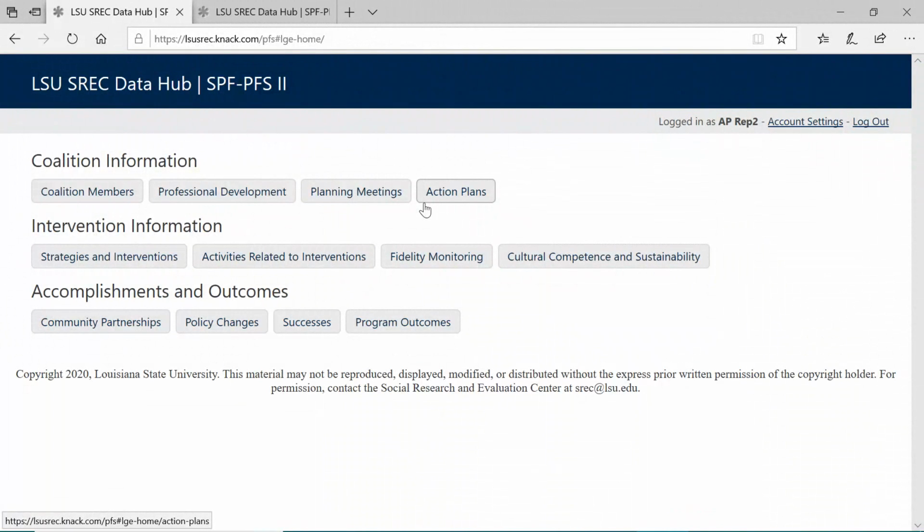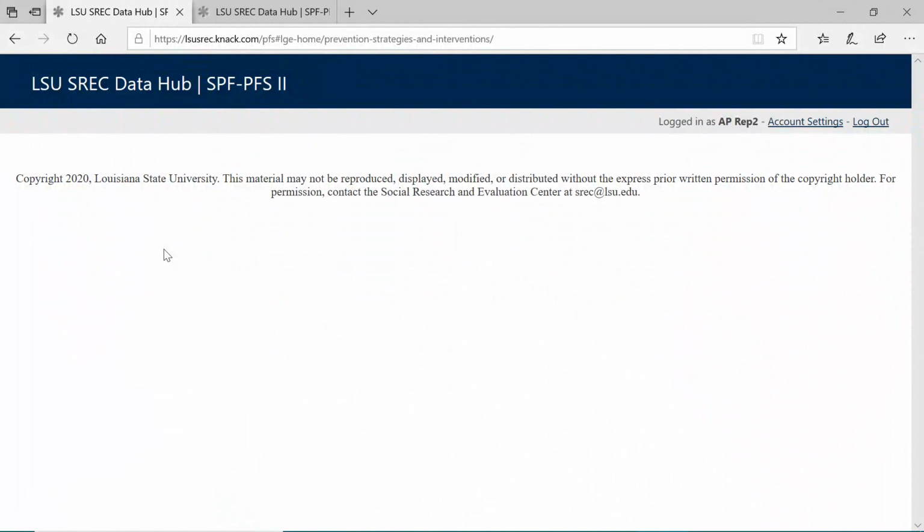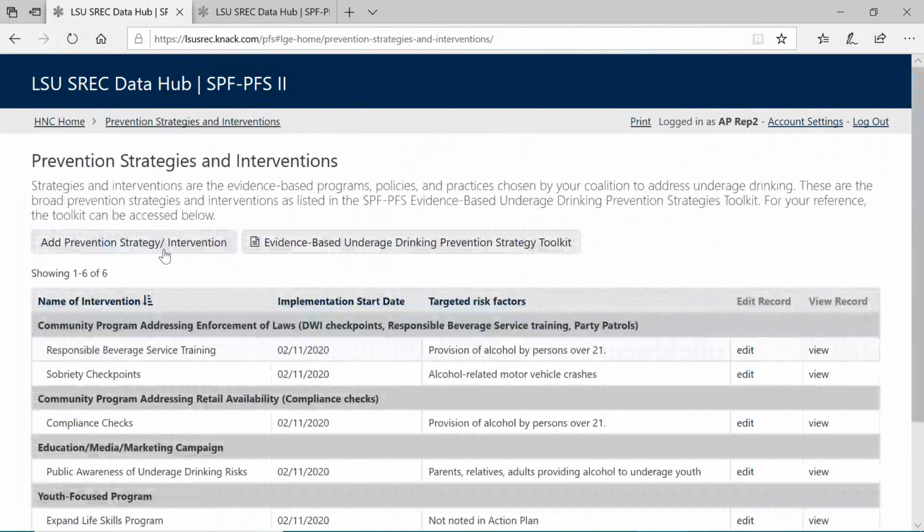This video is going to go through the forms related to the interventions and activities of your coalition. So this is going to be where you spend the most of your time putting in your data. The prevention strategies intervention page is where you're going to enter your evidence-based programs, policies, and practices chosen by your